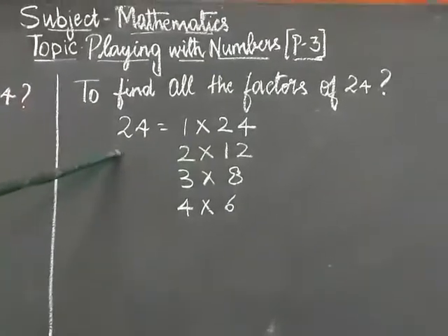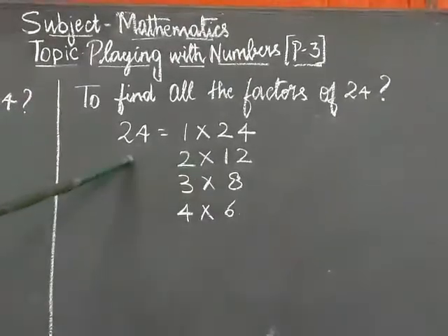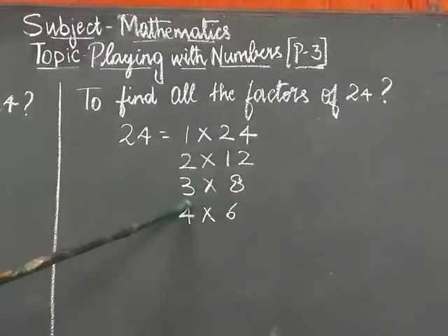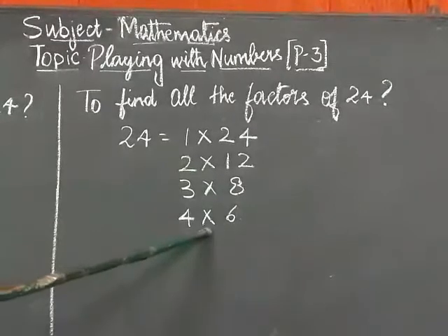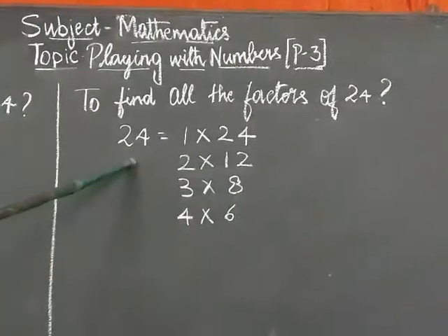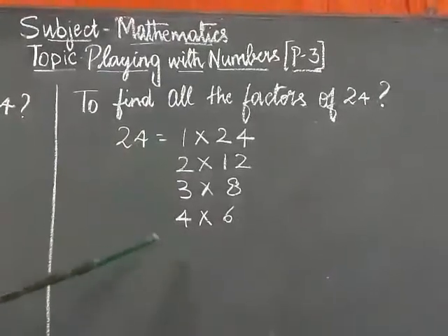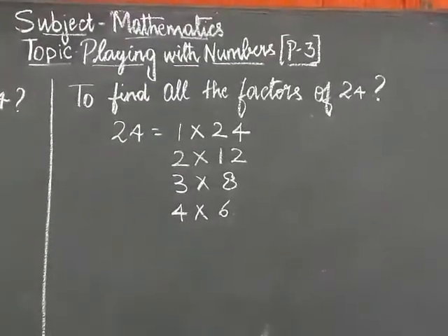Now next we will go to the next natural number, that is 3. Is 24 divisible by 3? Yes. 3 eights are 24. We have written the products here, that is, the two positive numbers. Next we will go to 4. 4 sixes are 24. We got the factors of 24 here. Next if I go to 5, is 24 divisible by 5? We have done that already here.